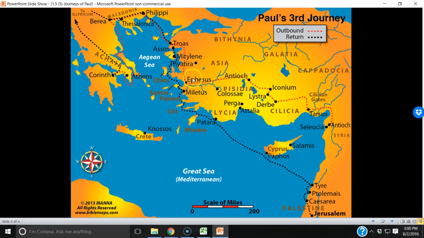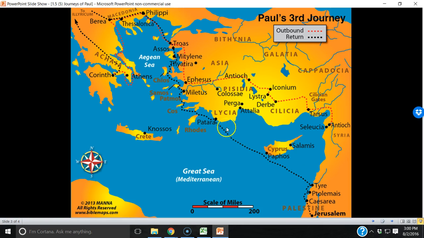Why is that? Well, think of what happened at the end of that visit. He basically had a bad experience. And so he's not going to go to Ephesus again. Instead, he's going to meet the Miletus elders here. This is Acts chapter 20. And basically he has a very moving time of prayer and saying their goodbyes. And he sails from Miletus back again to take part in the Passover and heads here to Jerusalem.